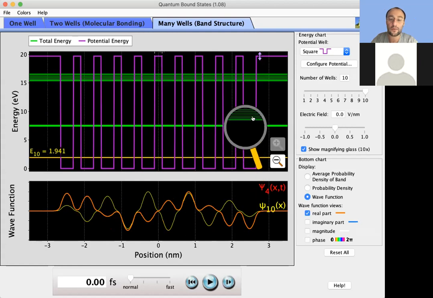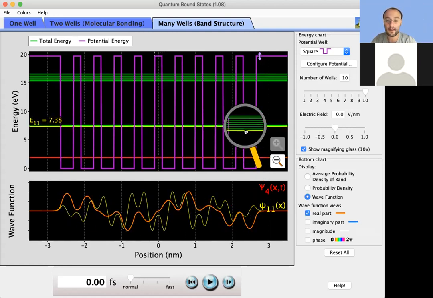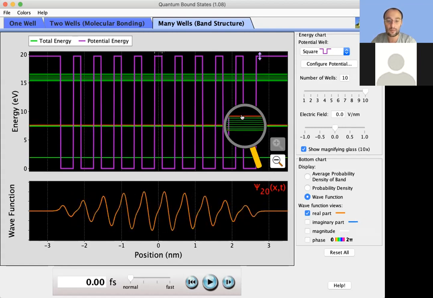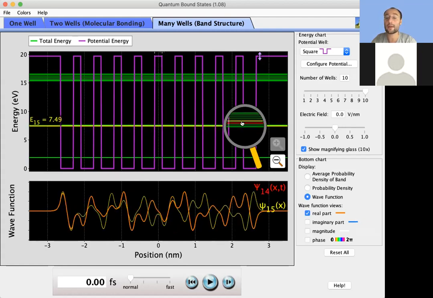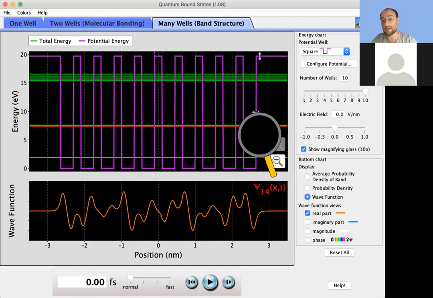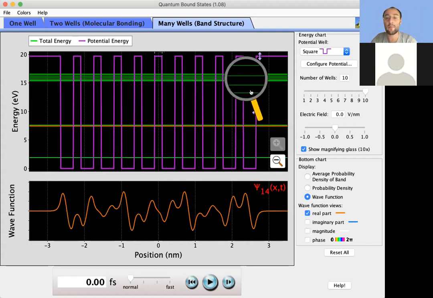Then you have a band inherited from the first excited state. Again, this is kind of like plus, plus, plus, plus. This is plus, minus, but it's more complicated. Then you have all kinds of things in between, and they all have different energies. So this is the band that results from the first excited, and this is the band that results from the